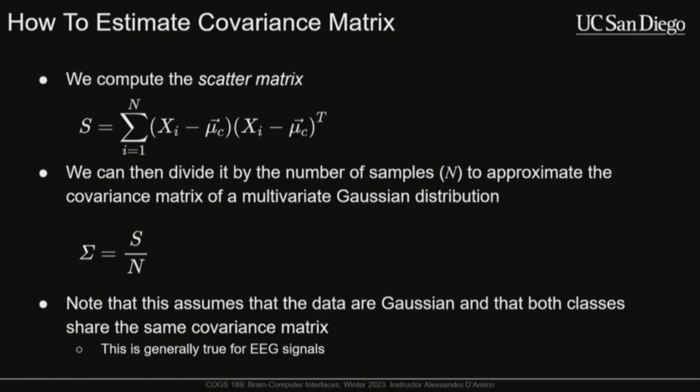And then to approximate the covariance matrix after that, we divide the scatter matrix by the number of samples. We typically use capital sigma to represent the covariance matrix. So we just say sigma equals S divided by N. Now, whether you divide by N or N minus 1 depends on your distribution. In this case, since we're working with a multivariate Gaussian distribution, we divide by N. But I think if it's not multivariate, you just use N minus 1. Either way,